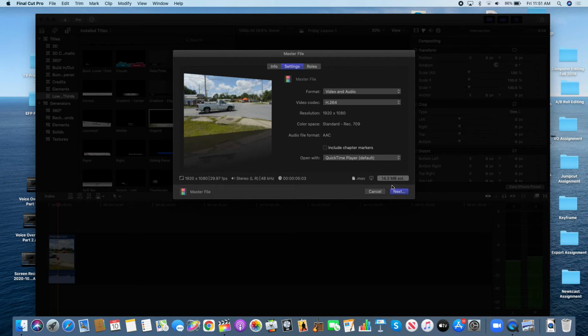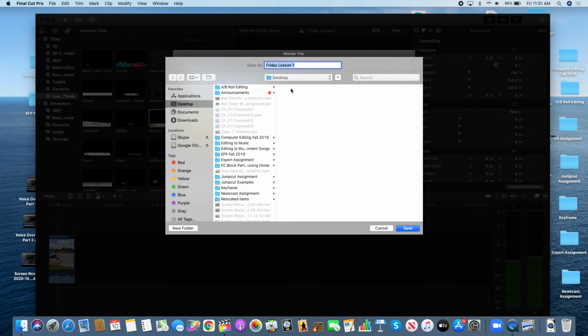So when I click next, now it's going to ask me where I want to send it. This is your choice. If you want to send it to the desktop, you can send it there. If you have a flash drive plugged in, it'll show up, usually somewhere around here, and you can send it straight to your flash drive if you want to. I'm just going to send mine to the desktop, and when I press save,